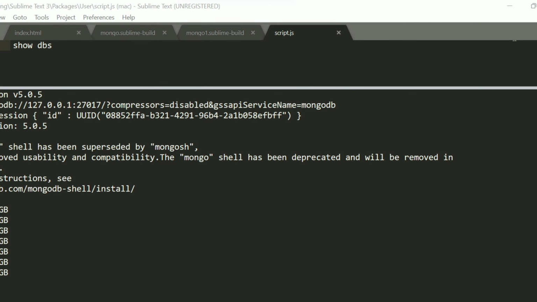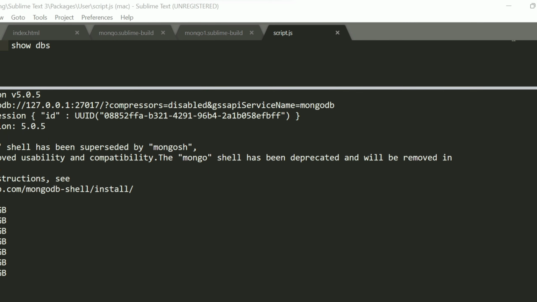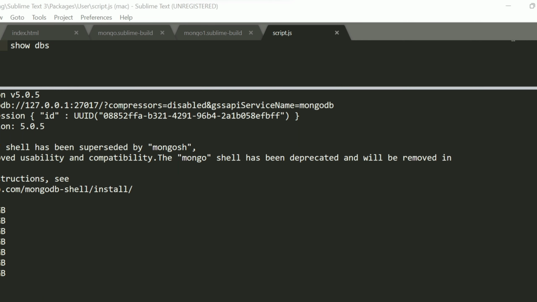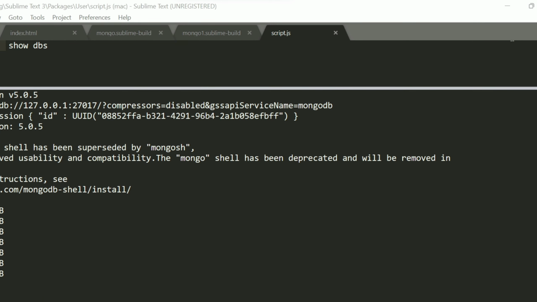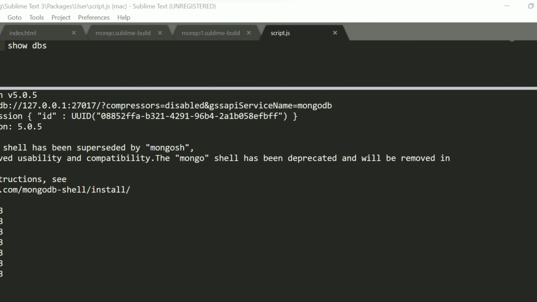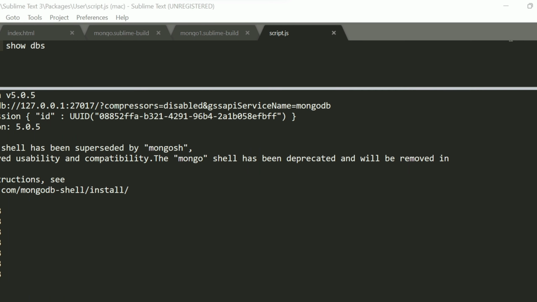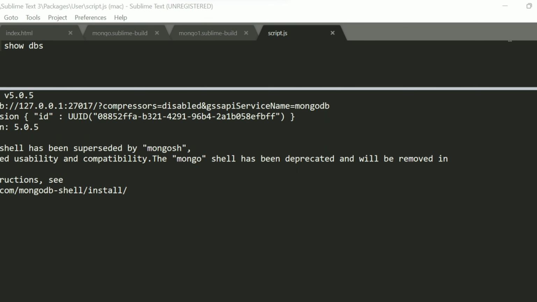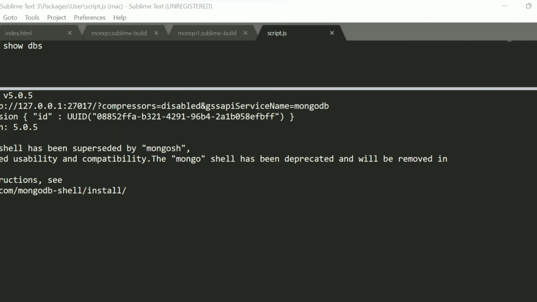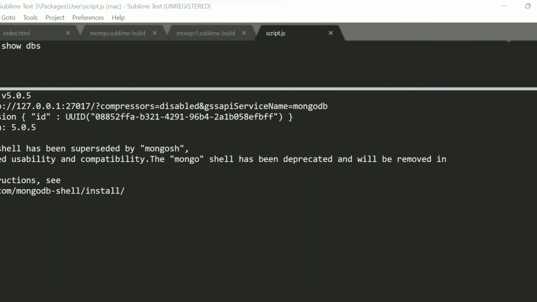In Build System there are many options, so select according to your choice. First, select New Build System. After it is created, you have to save it with your project name, just like I have done right now, and then give your selection. The most important thing is whatever I am doing. Done. Now, how to connect.